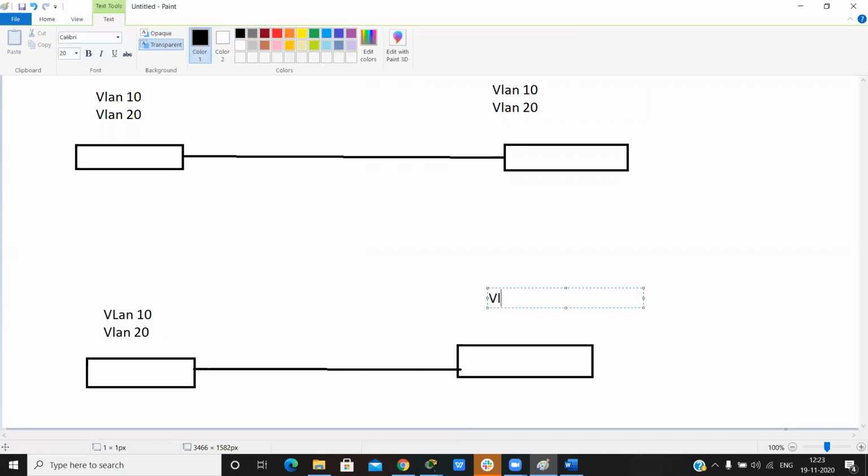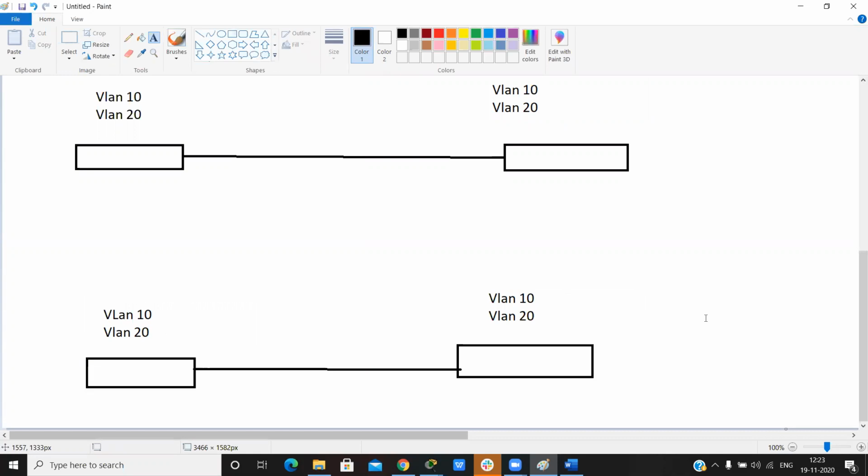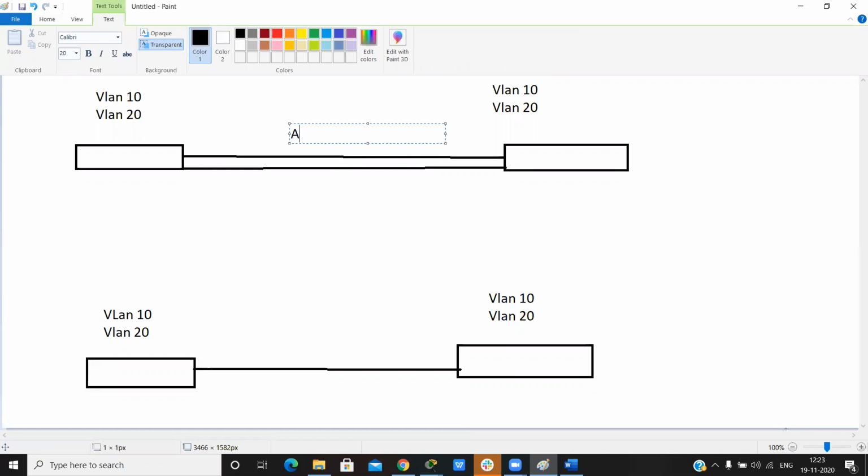So an access port means carrying only single VLAN traffic. If there are two VLANs, we have to connect two ports, one for each VLAN. Okay, bro. One is for VLAN 10 and another for VLAN 20. This is an access port.